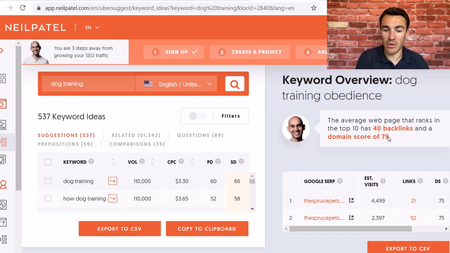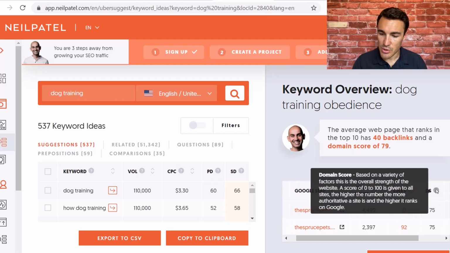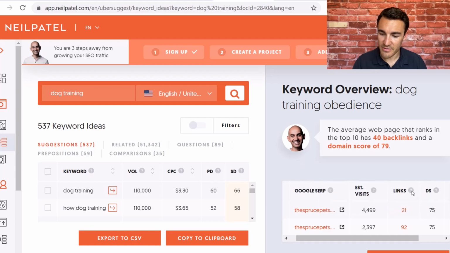I just keep an Excel document, or you can keep all sorts, however you like to do it. You can see you can create a project and stuff up here. Not something I do, but by all means, if you want to do that. But what you can also see by clicking on this little arrow is some of the top ranking options here. So you can see the number one here is Spruce Pet. So I'm going to open that into a new tab. And you can see that this has a domain score of 75. It has 21 backlinks, and Ubersuggest is estimating that from dog training obedience, they generate 4,500 organic visits a month,